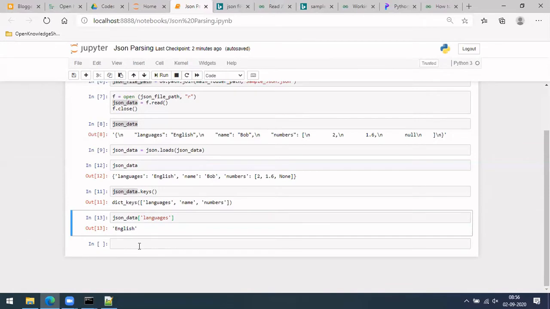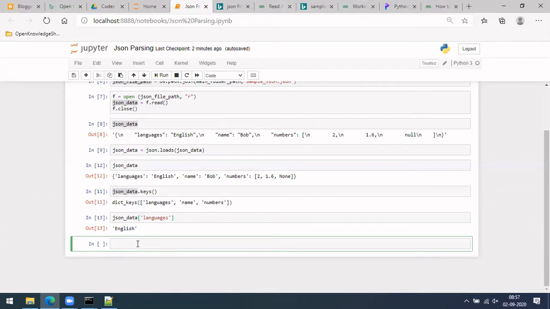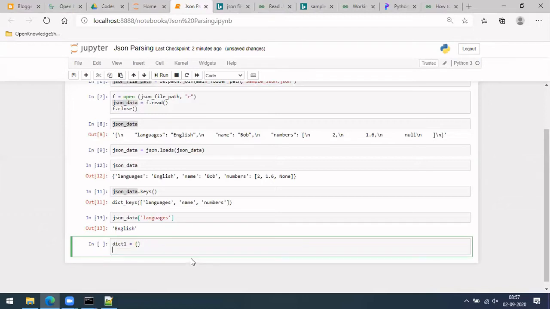Okay, so this is one part. Let me tell you how you can save a dictionary in a JSON. So let's take something like this. You can observe it's a kind of a dictionary here. Let me also create one dictionary, dict1, and inside that one, let me add a few entries.